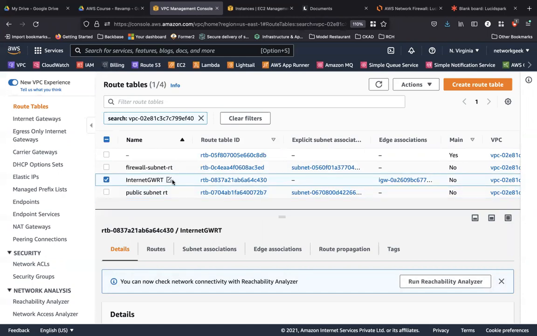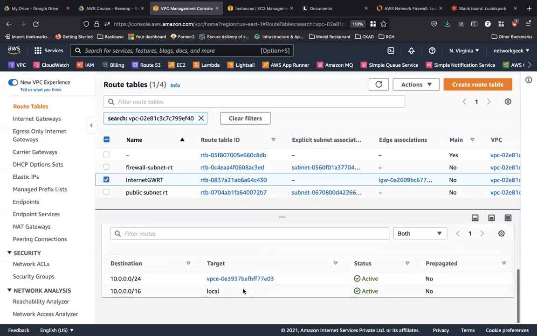Let's take a look at the edge association first. So any traffic that comes into your VPC is going to come through the internet gateway, right? And this is an edge association, and we have a route table for the internet gateway. And we are saying that the traffic that goes to your public subnet, this is the public subnet's IP range, the traffic that goes to your public subnet from the internet should first be redirected to the VPC endpoint of our network firewall.